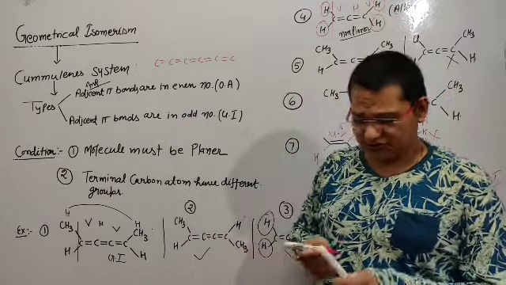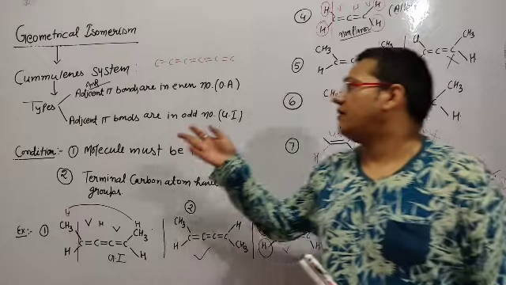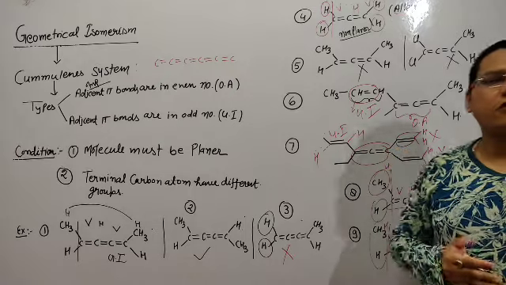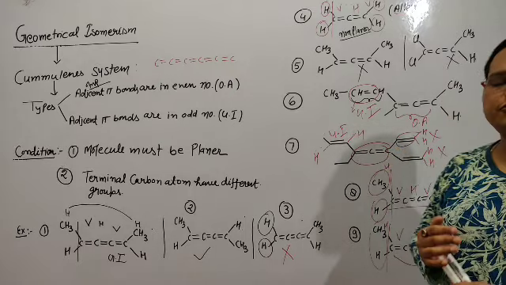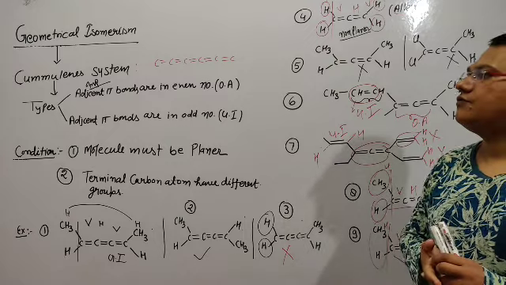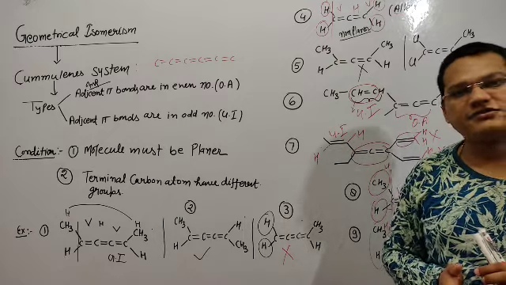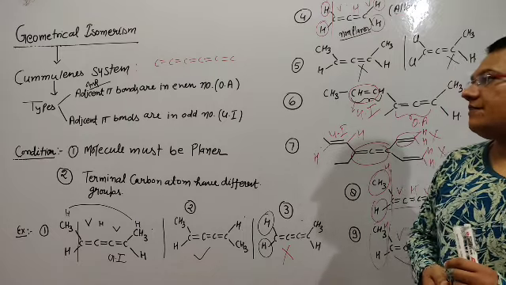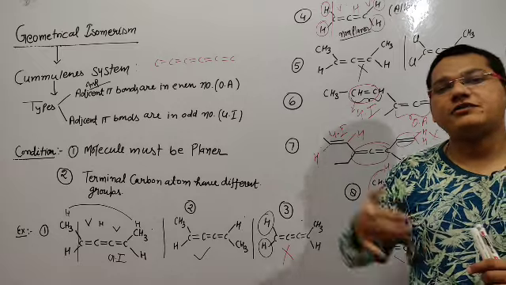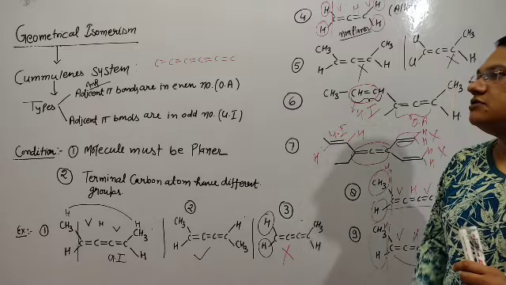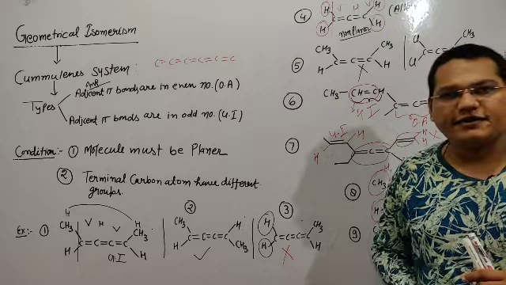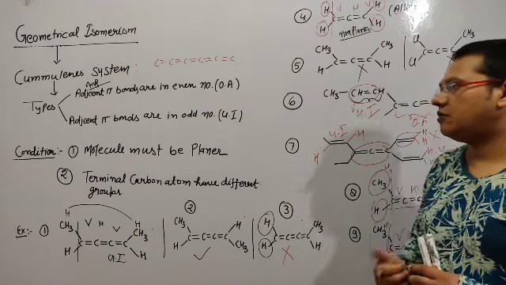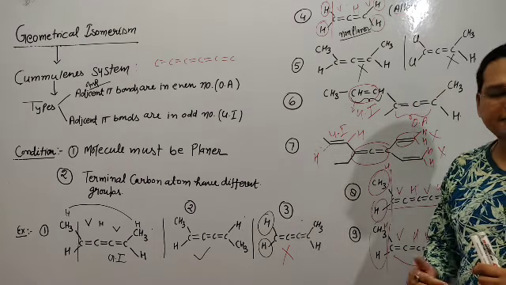So based upon this concept, student, we have discussed the cumulene system. So please try all the problems, and now you can easily do every problem which comes and which will come in the IIT JEE and NEET exam. After that, we want to discuss a spiro type compound given in a double bond system. How do we calculate and see whether molecules show geometrical isomerism or not? So please wait, we want to discuss.